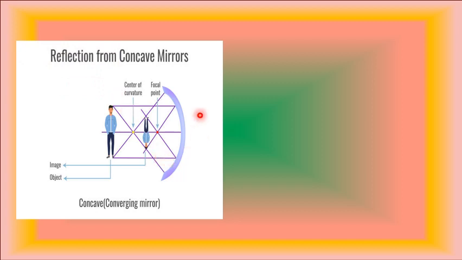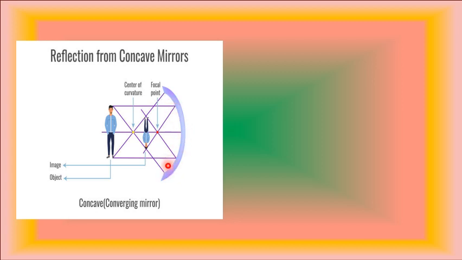As shown in this drawing, the concave or converging mirror, as shown here, is always facing to the left. In other words, the object is positioned to the left of the reflecting side of the mirror. Notice that the reflecting side of the mirror is curved inward. So that is how we model a concave or converging mirror.